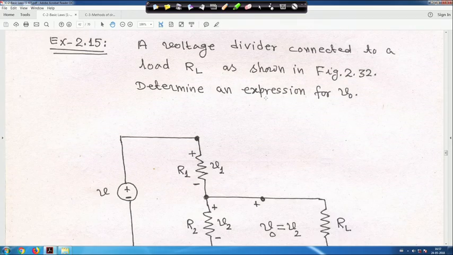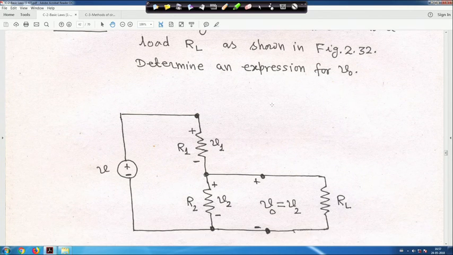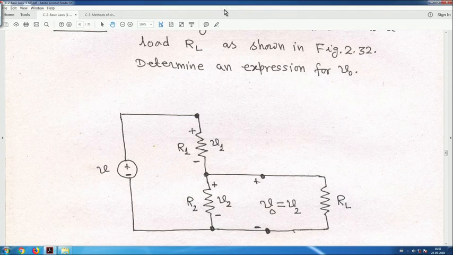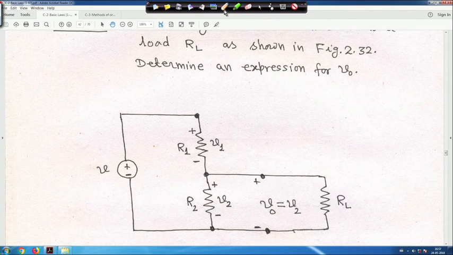So, now look at this problem. A voltage divider connected to a load RL as shown in figure 32, you have to obtain an expression for V0. Actually, the problem says that you have a voltage divider circuit, and across R2 a load is connected, whose resistance is RL. Actually, the circuit was like this. This is a voltage divider circuit,